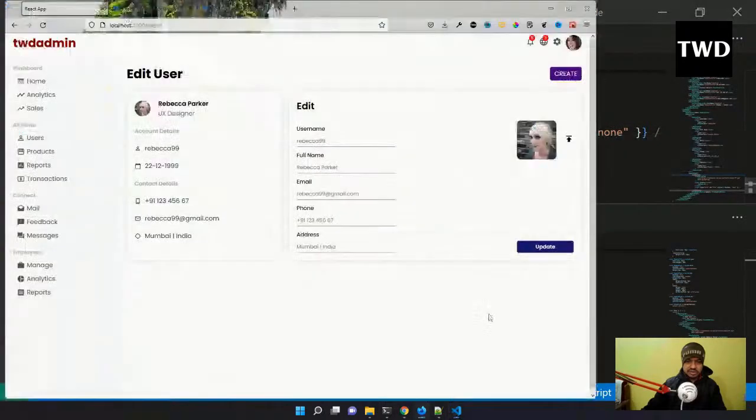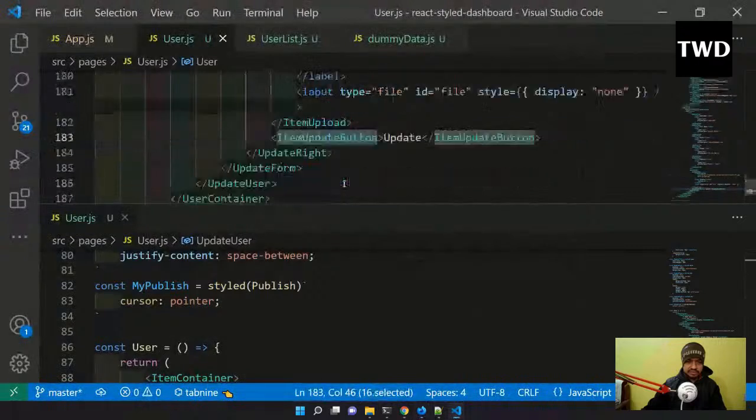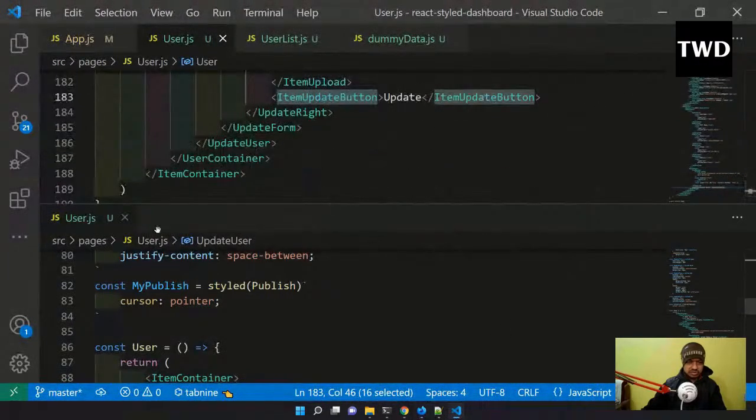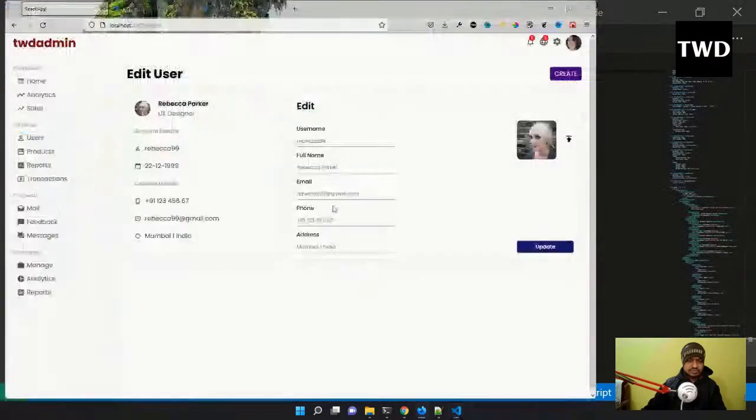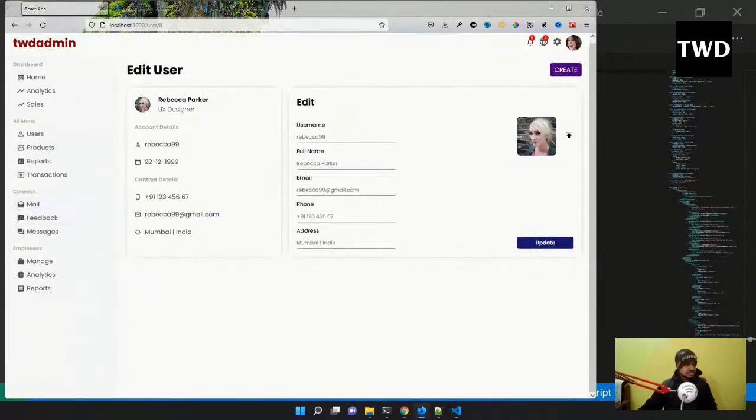So this button is there, update, although it doesn't do anything. Then the update button is there, and then everything is closed. So this is how it works. A long thing is there, and this is how it is there. And so that is done. Now what we need to do,